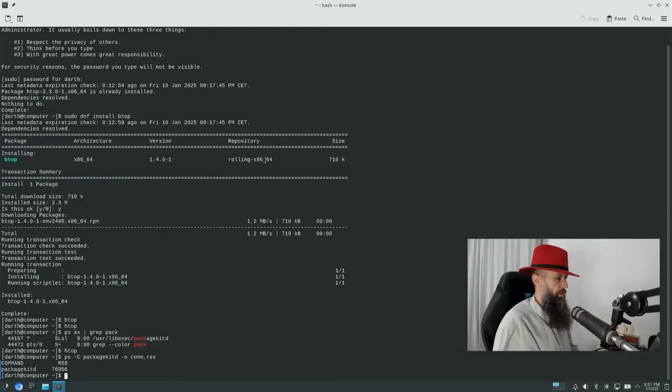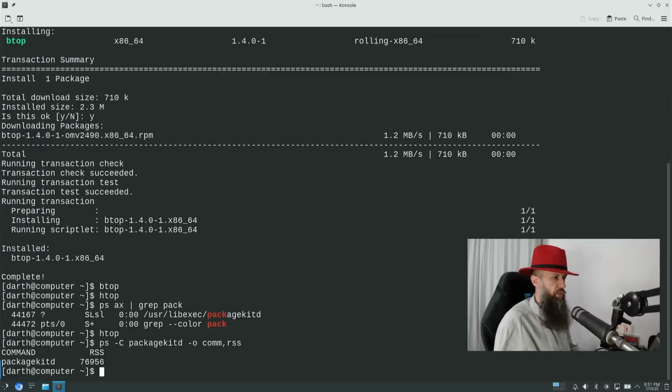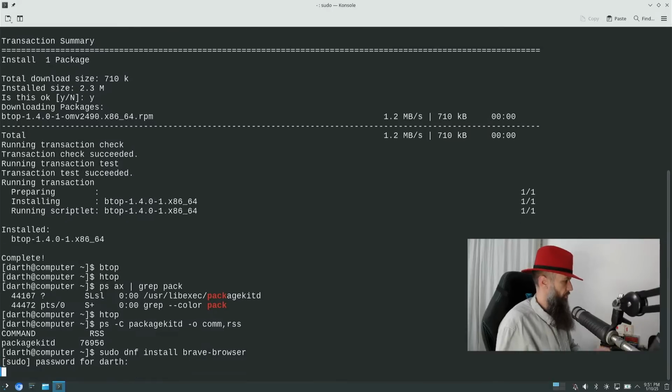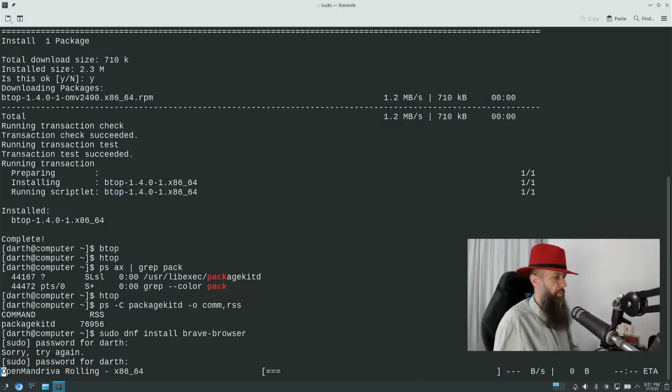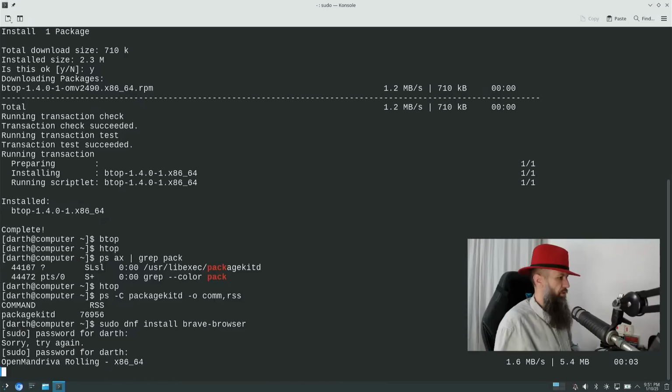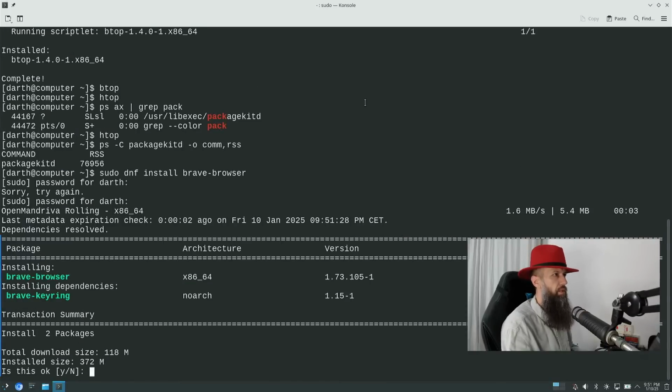Okay, let's keep the new user for now and install Brave like a boss. Mistyped my password. Open Mandriva rolling. Okay, so it is preparing Brave browser version 1.73 and pulling the dependencies. Brave keyring,